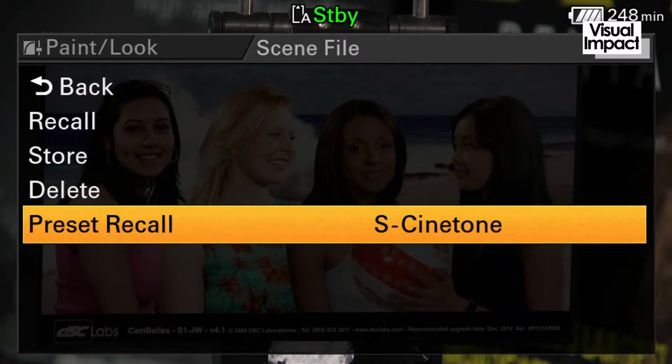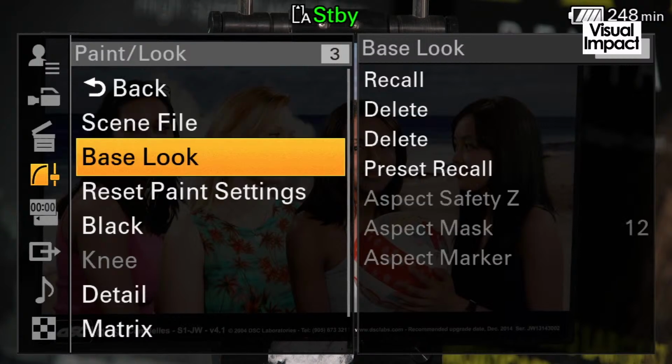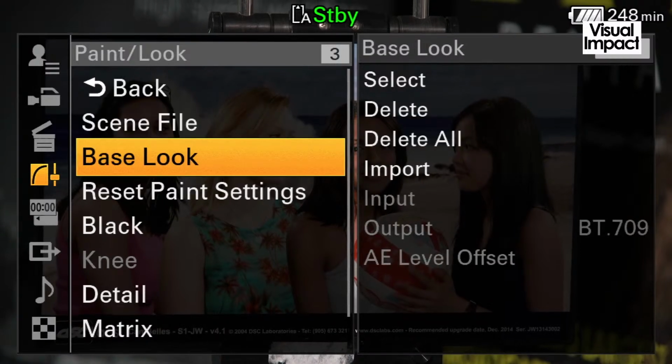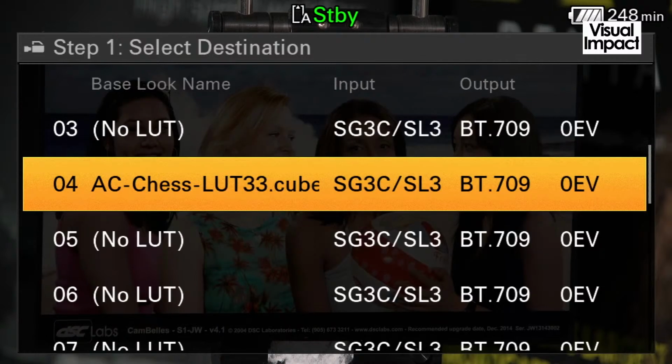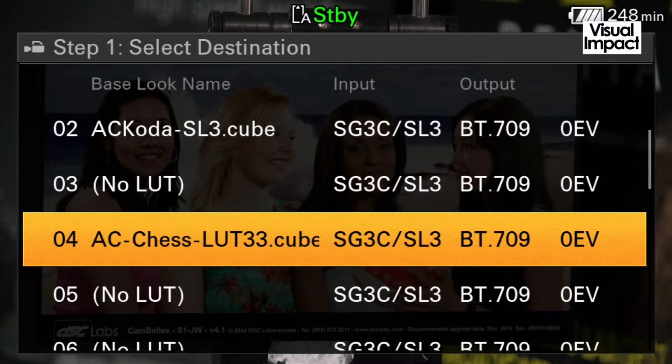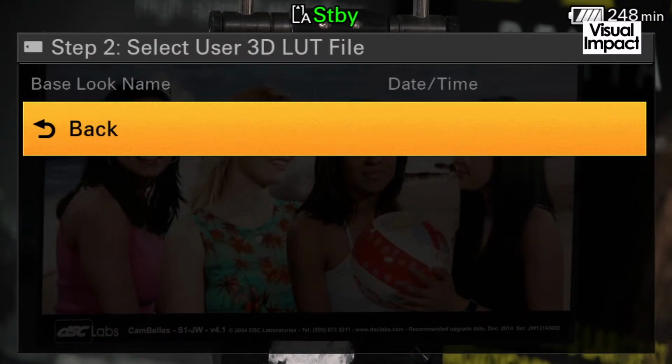So if I go back from here, what you can do is you can import here a LUT into the camera. So let's have a look. I've got one here. So this one's called Chess. This is a LUT that I created, and this particular LUT sort of mimics the look of